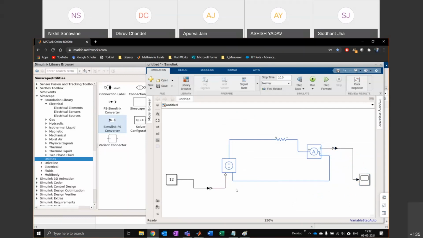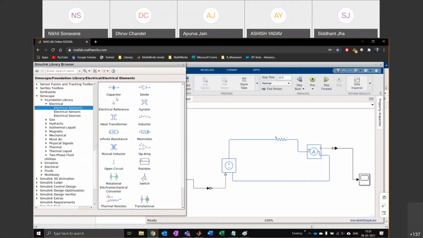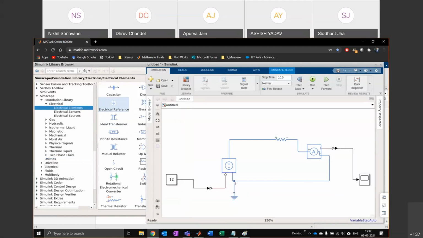And what we can also do is go to electrical elements and get this electrical reference, because you need to earth everything, right? So you take this electrical reference and you earth the negative side. Okay, so just type yes when everyone has come this far.